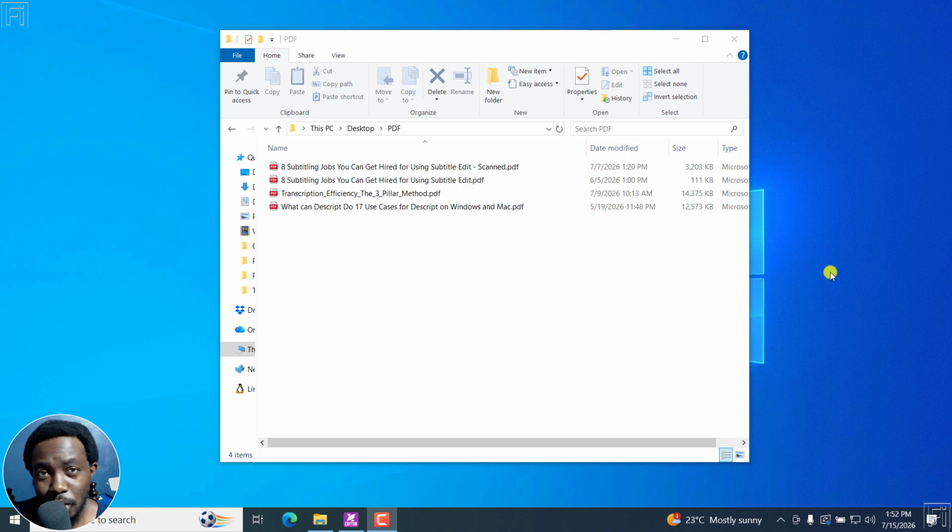In this video, I'll show you how to convert a scanned PDF document to an editable Word document using Foxit